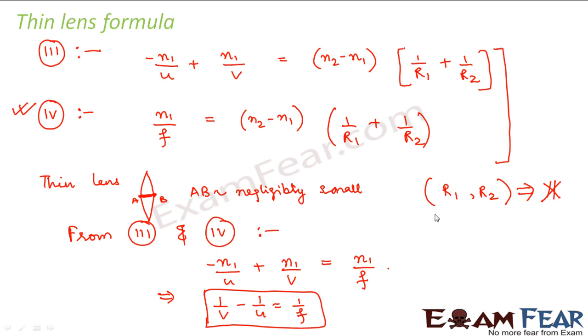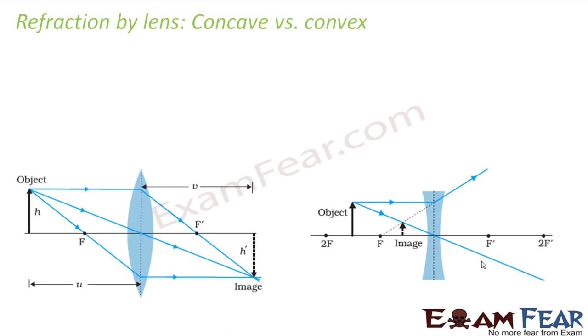So what does this prove? This proves that a lens behaves differently from a spherical mirror only because of the thickness of the lens. Once that thickness is reduced, the two different radii of curvature don't play any role, because in that case there is no need of two different radii of curvature, right? Because as your lens goes thinner, and even thinner, then it is just like one spherical surface. So there is no point considering R1 and R2 separately, right? I hope the thin lens formula is also clear to you now. Okay. So now let us go ahead.